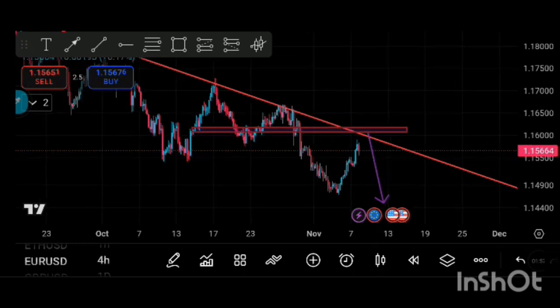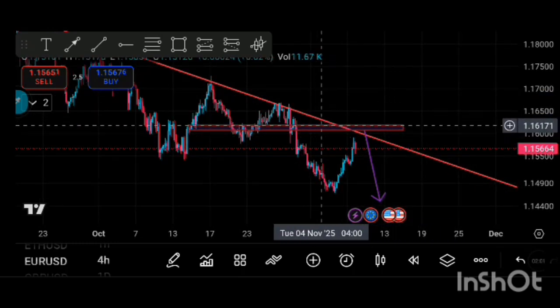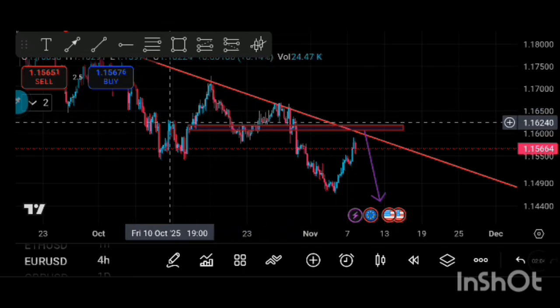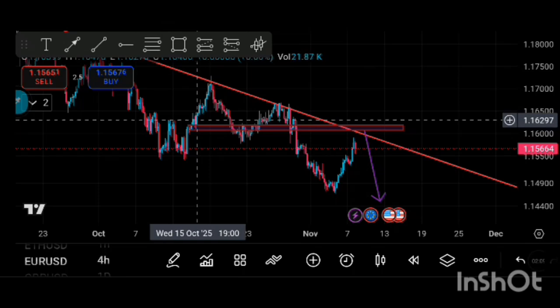So we come and we basically identify areas of resistance and support. So as you can see, this area was